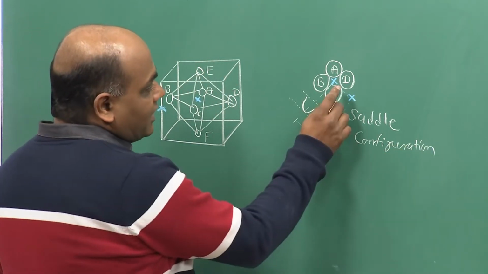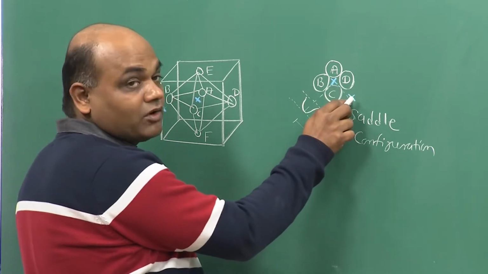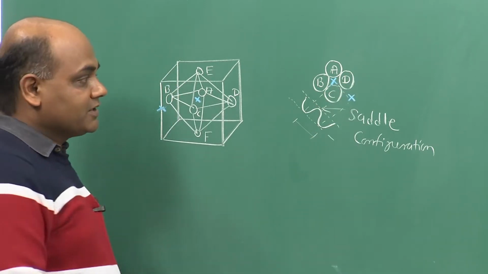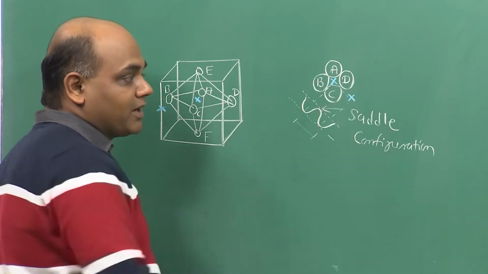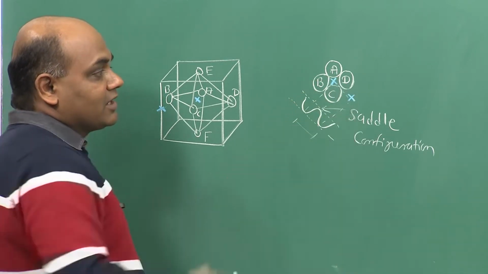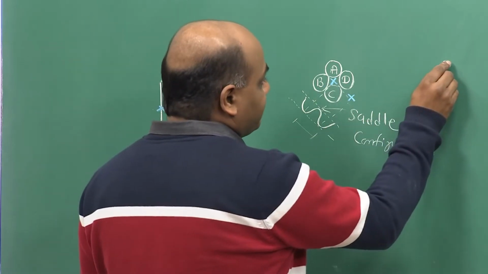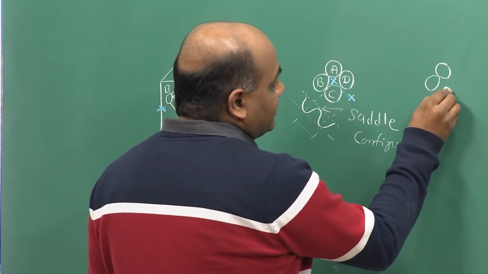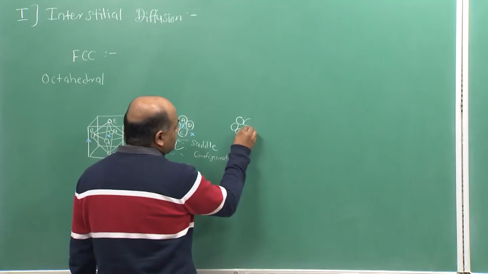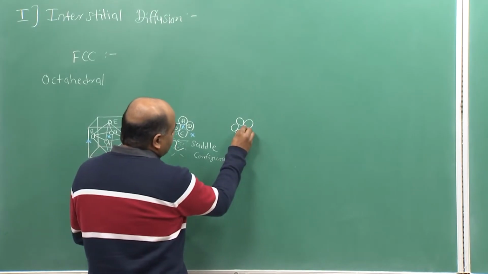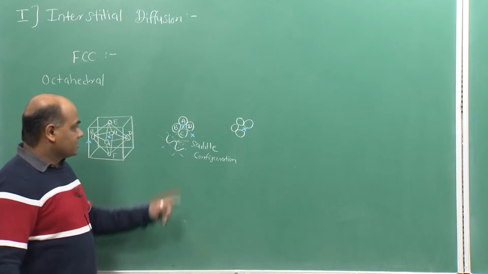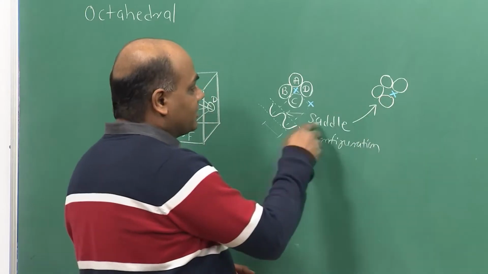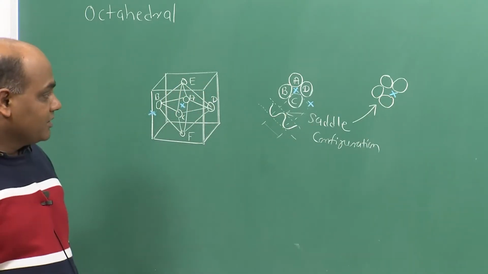Now, you can imagine as the atom is moving from one side into the other, these two atoms C and D have to be pulled apart, so that there is enough space for this interstitial atom to pass through, and that is the saddle configuration. So, on its way to the next interstitial site, if we draw this configuration, it will be something like this. The X atom is exactly between the two positions C and D. So, this is the saddle configuration, or the configuration corresponding to maximum in the energy,